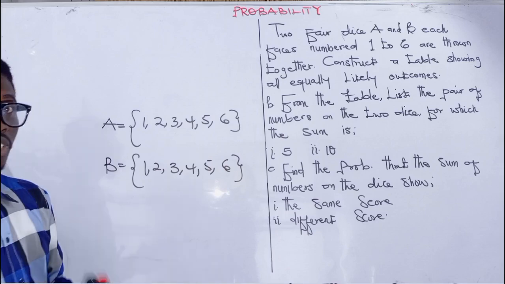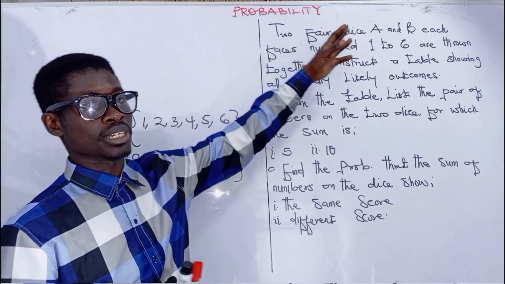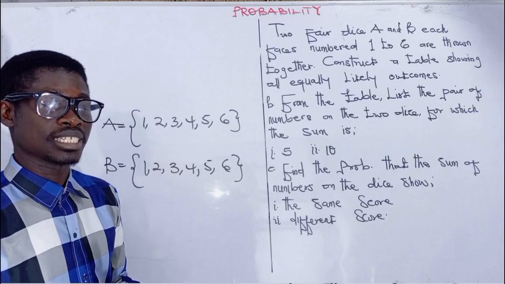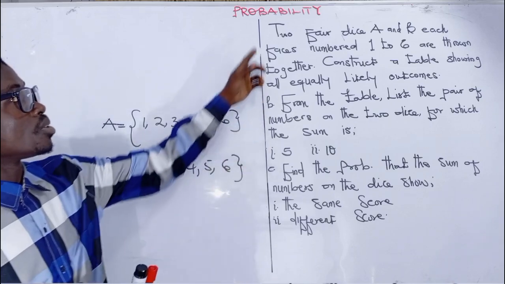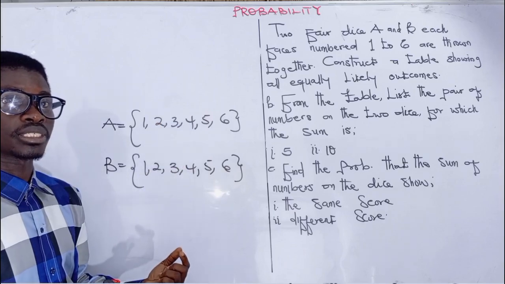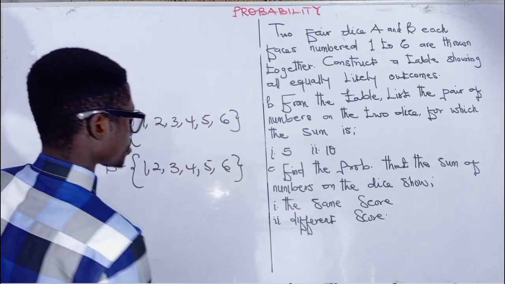In listing all the set of possible outcomes for this compound experiment, we are going to draw our table to help